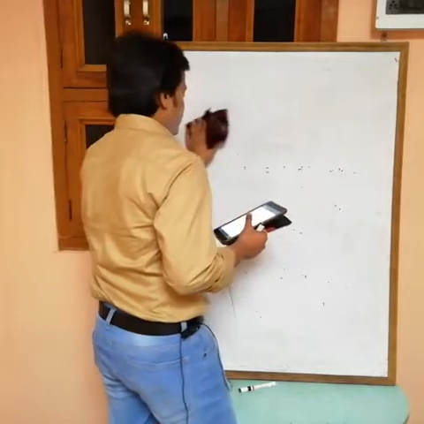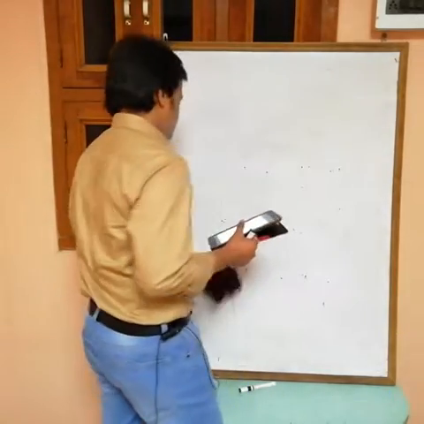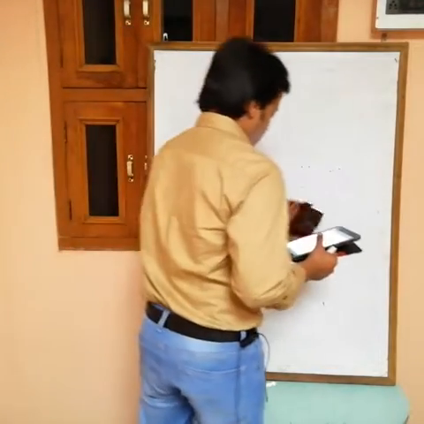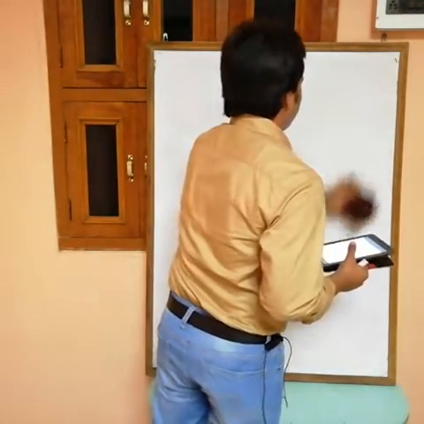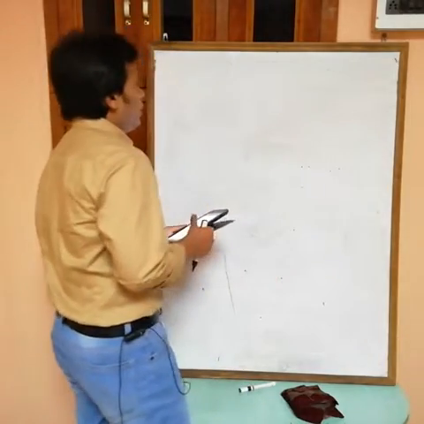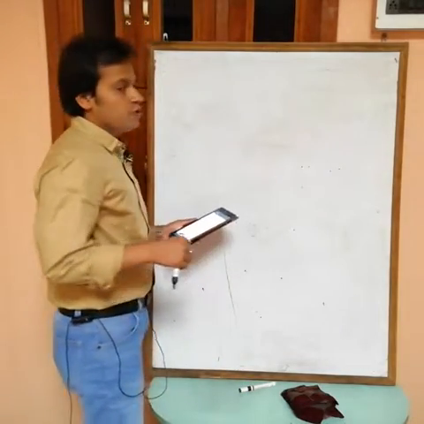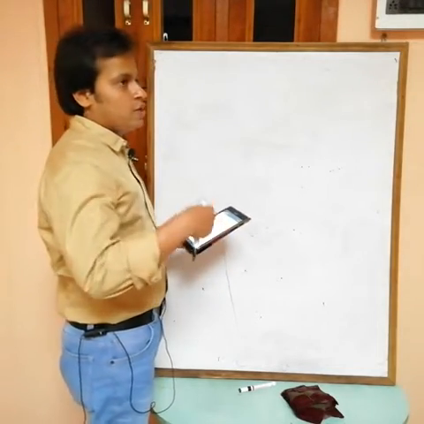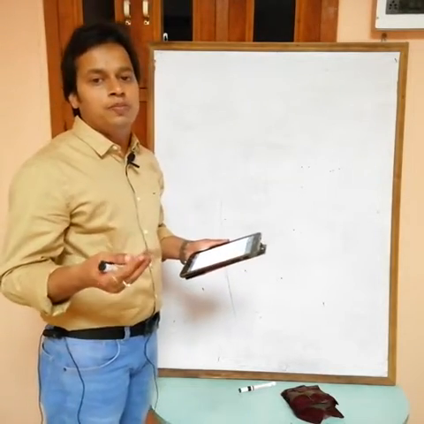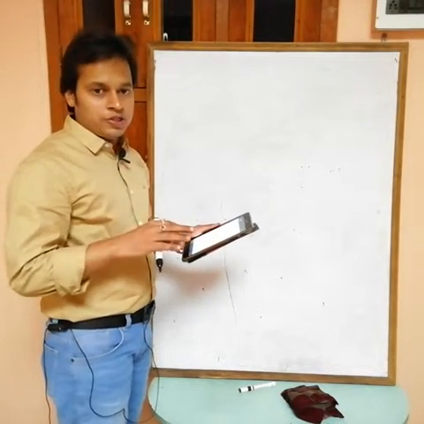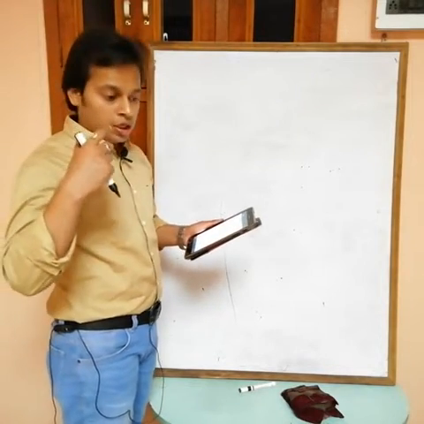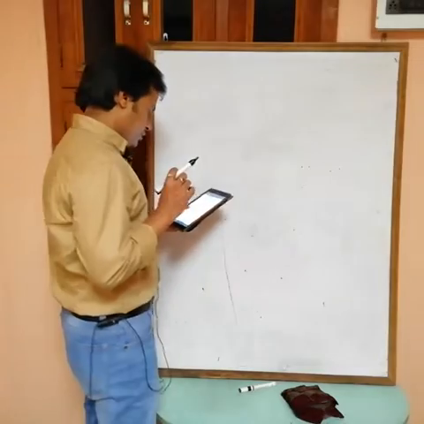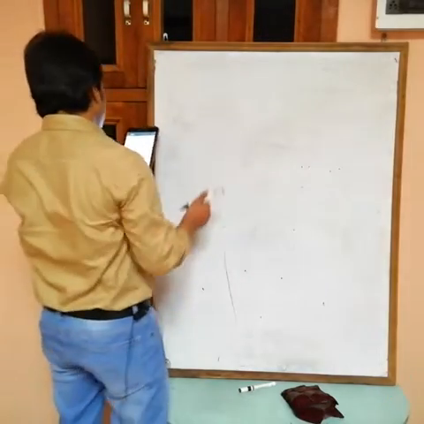Now to solve the determinant, we have two options: either direct expansion, and second, by using the properties. Sometimes we can't expand directly, or questions are given such that prove that this determinant is equal to (x minus y)(y minus z)(z minus x) into (x plus y plus z). By direct expansion, you can't convert that answer in terms of factorization. So we have to use the properties, and remember all these properties.